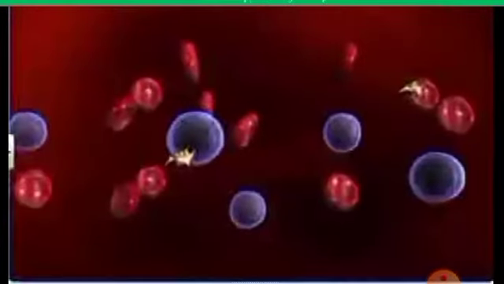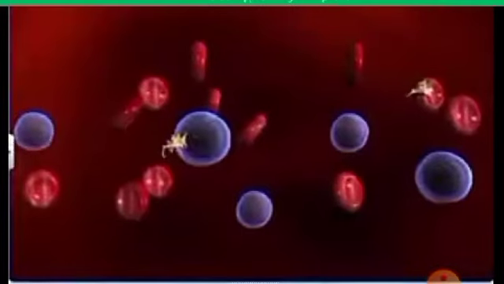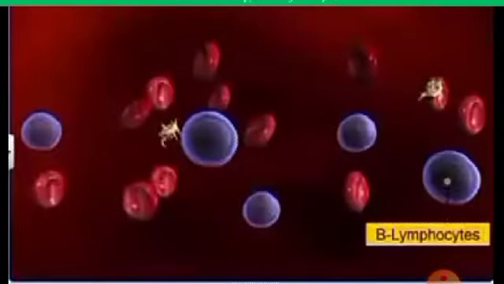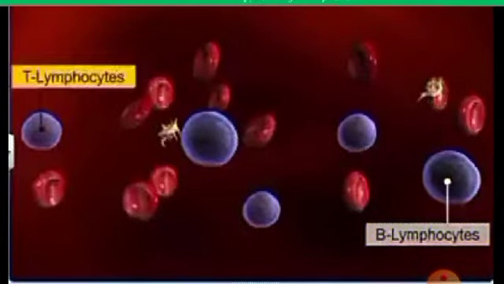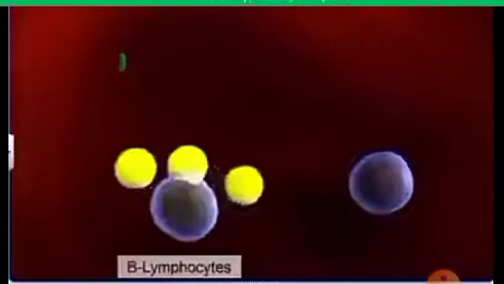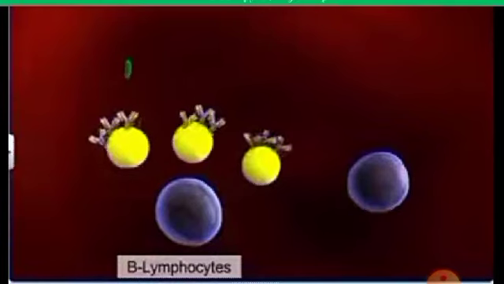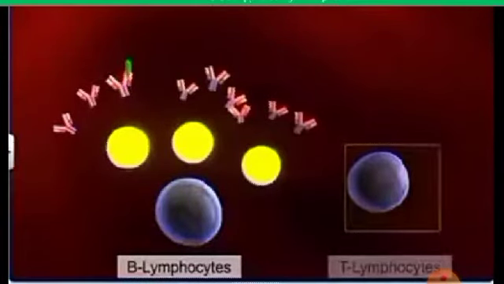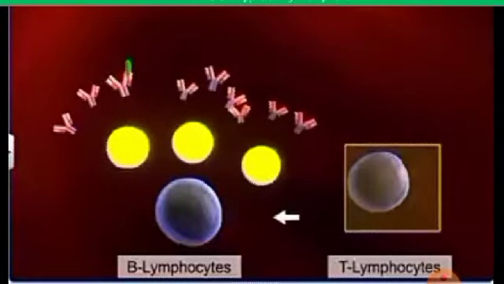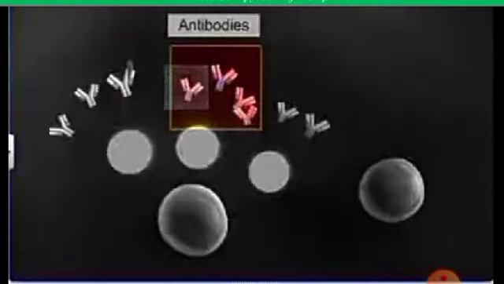Whenever our body shows a primary or secondary immune response, it is pathogen specific and helped by the production of antibodies, B lymphocytes and T lymphocytes. T lymphocytes help the B lymphocytes in producing the antibodies, but B lymphocytes directly produce the antibodies, which are protein in nature. These are specifically of the following types,